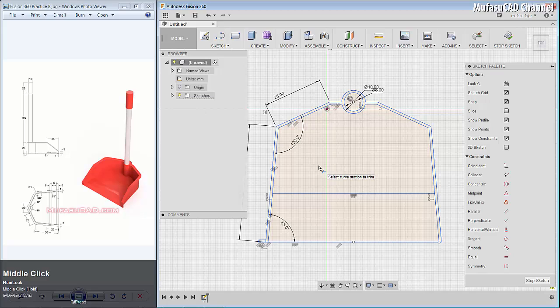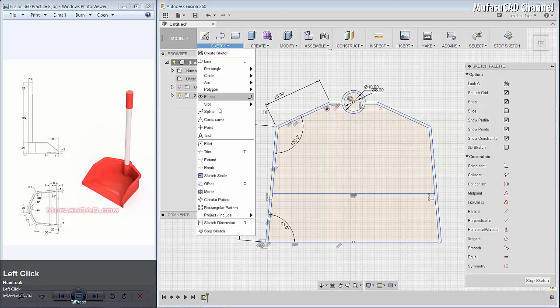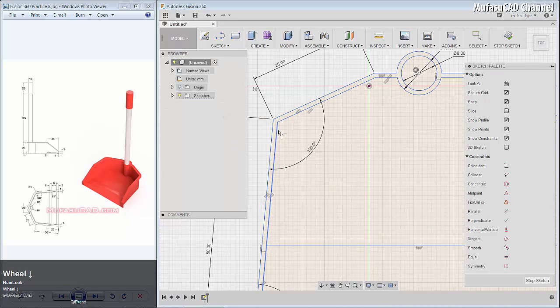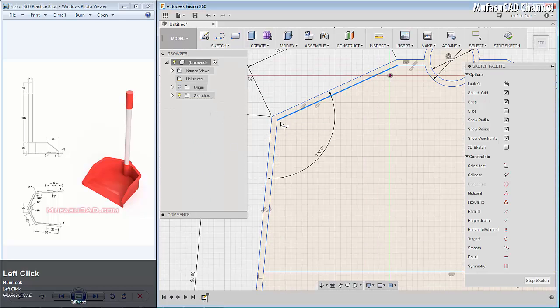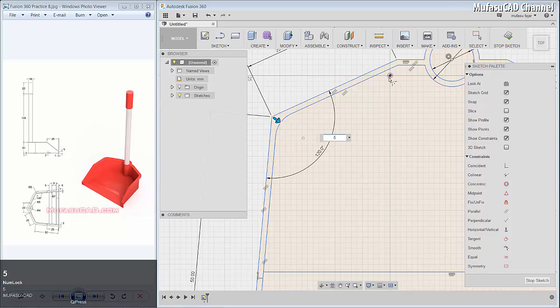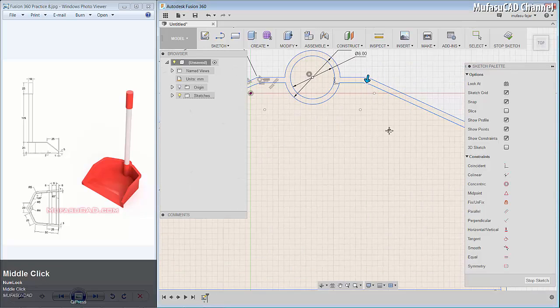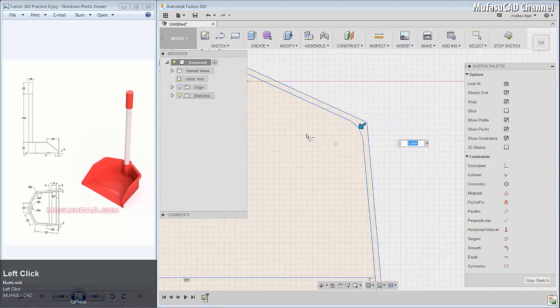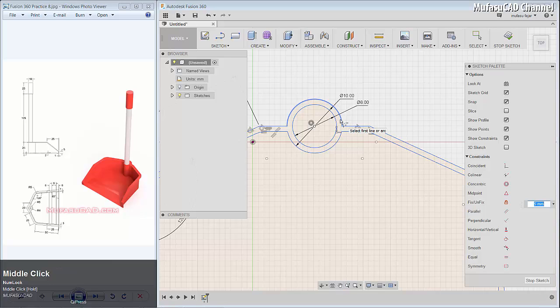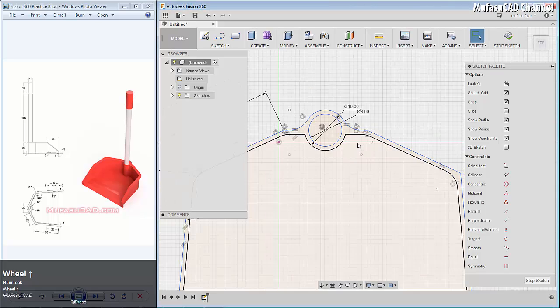Next, I will use a fillet. You can click sketch here and fillet. We fillet these two line objects about 5, and we fillet in here, here, here, and then we fillet 5 with these two objects and in here, and enter to finish.